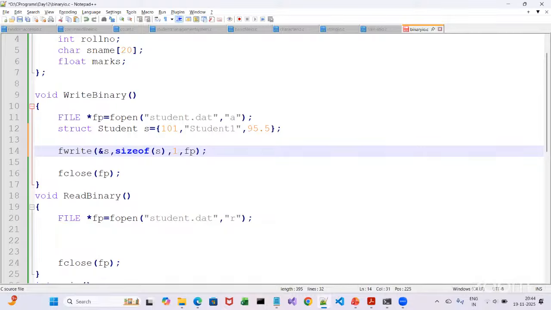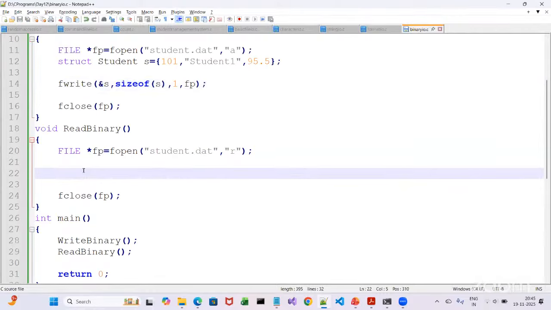Please understand. Address of S is the pointer to the data to write. Size is the size in bytes of each element. That is the size of the entire structure. It depends because padding is also used. 1 is the number of elements to write, and FP is the file pointer. That's it. So your data will be written in binary in the file student.dat, and in the read binary,